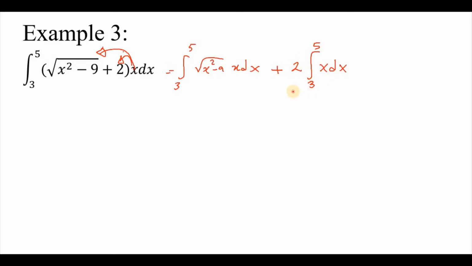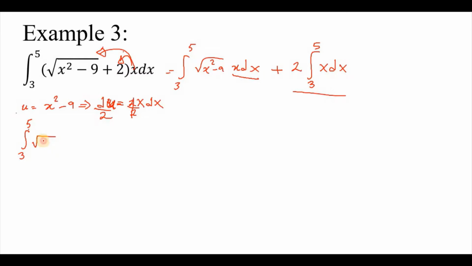Now notice I can find the integration of this easily. I don't have any problem. In this case, I need to use the substitution method in order to solve it. I'm going to assume that u is equal to the amount under the radical, x squared minus 9. That will give me du is equal to 2x dx. Notice how I have only x dx in this integration. I don't have the 2, so I'm going to divide both sides by 2. These will cancel. Now I will substitute everything here with u, so I'm going to say this is from 3